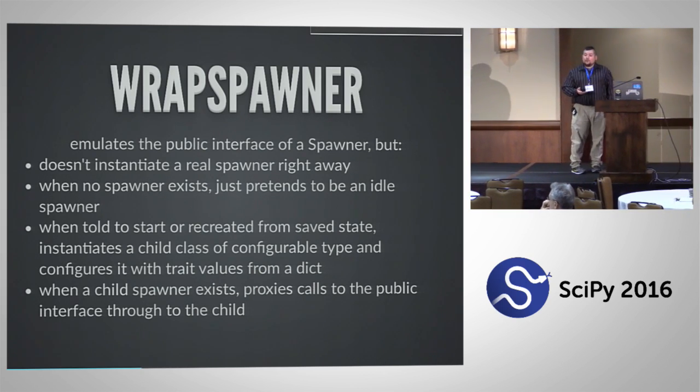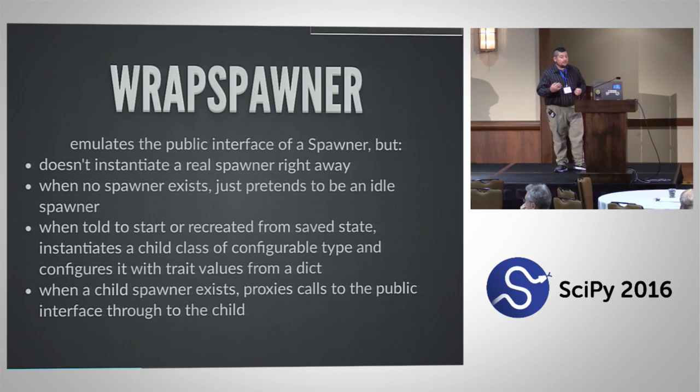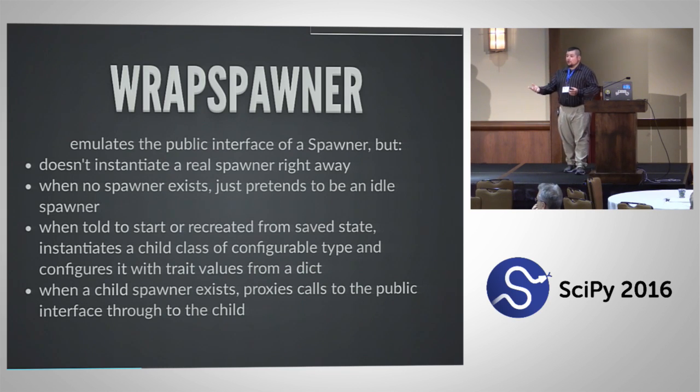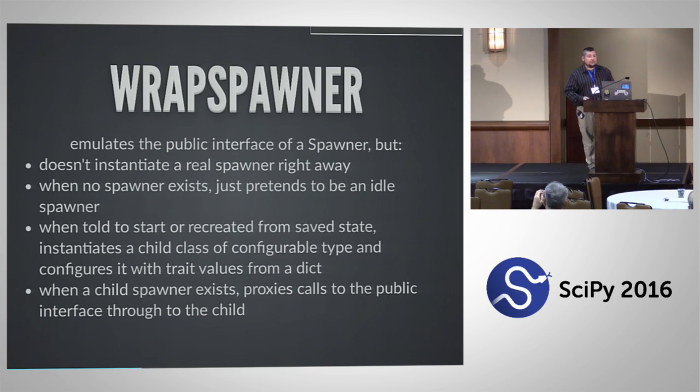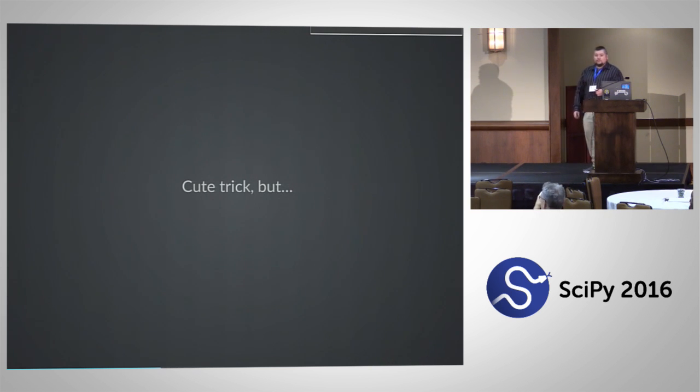And then the user gets prompted with a form. And what goes in that form? Not actually specified yet. But supposing that you can populate the state, then the wrapper spawner will choose the appropriate class to start up your notebook with. It'll populate your class with whatever parameters you've chosen. And it does it all at runtime, not at configure time when the site administrator is installing things. And then it proxies all those calls through to the real spawner you've created, which I have to admit is a pretty cute trick, but not inherently useful until